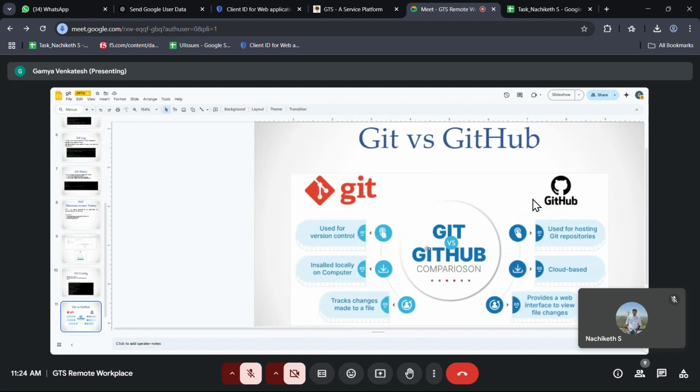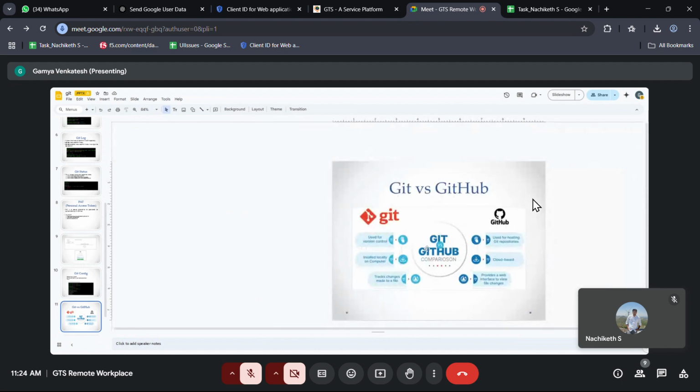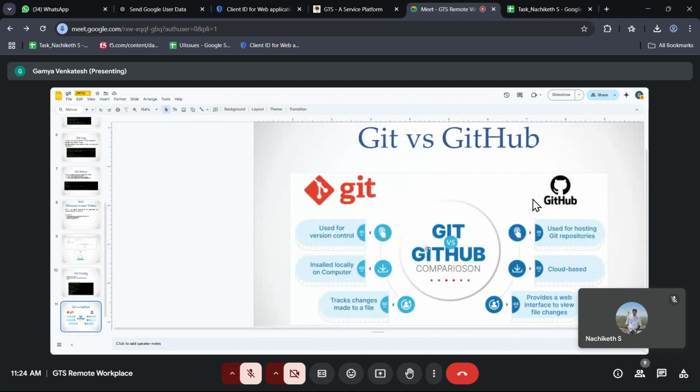Coming to Git versus GitHub, we can see here, Git is basically used for version control, and GitHub is used for hosting Git repositories. Git can be installed locally on any laptop, and GitHub is cloud based. Git tracks any changes made in the file, and GitHub provides the web interface to view